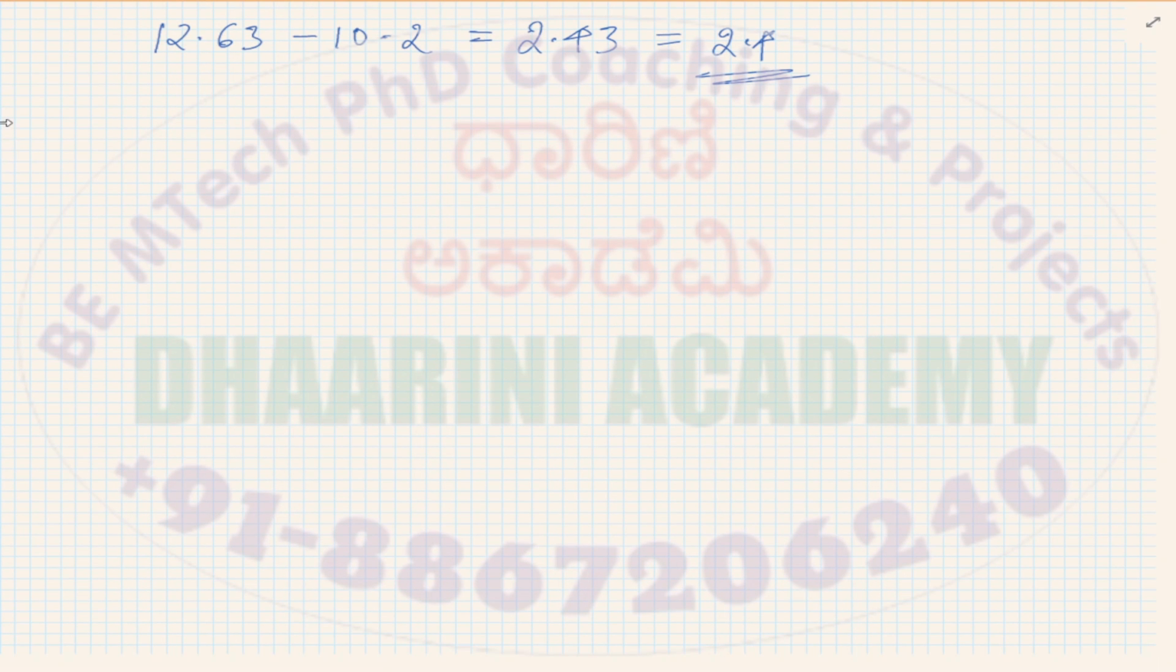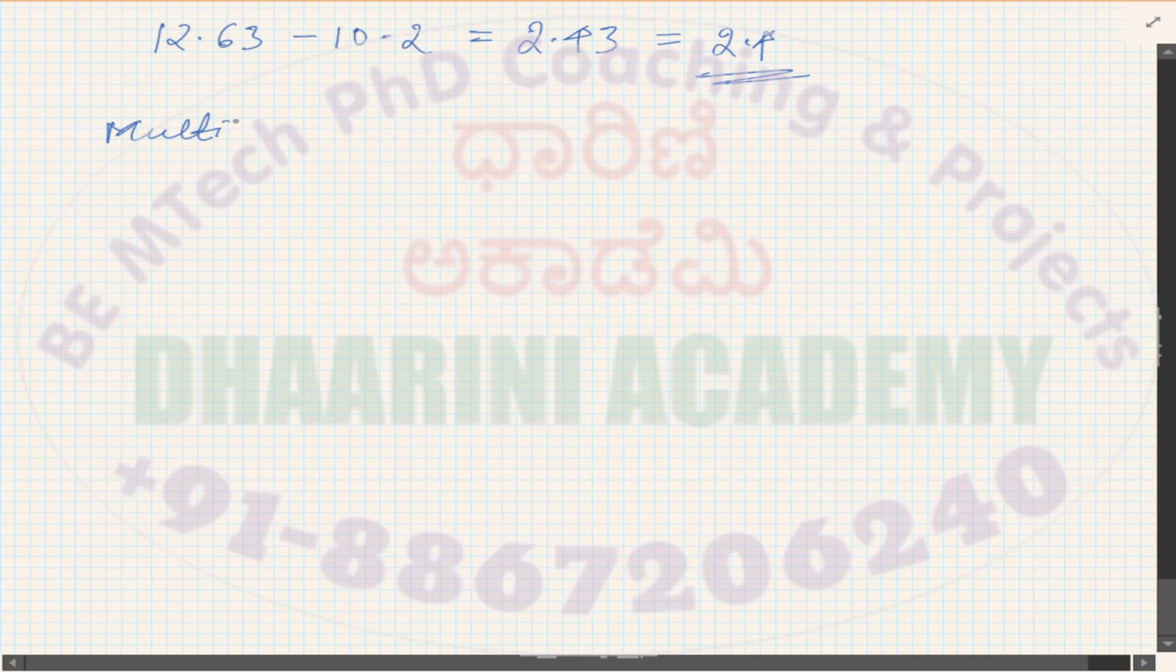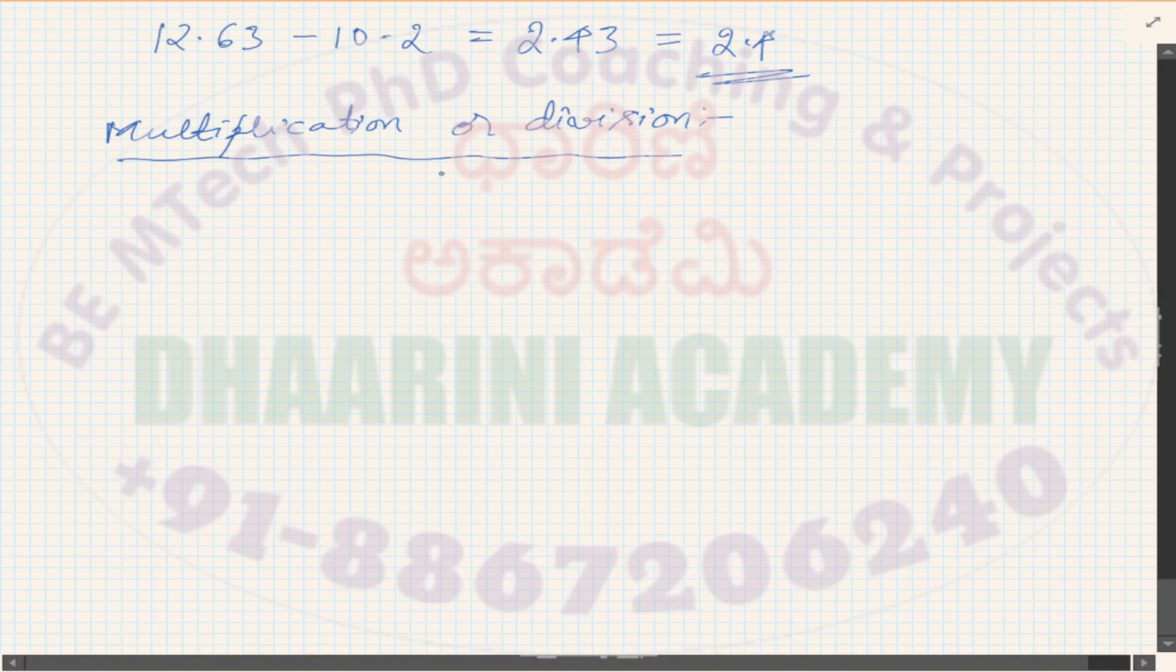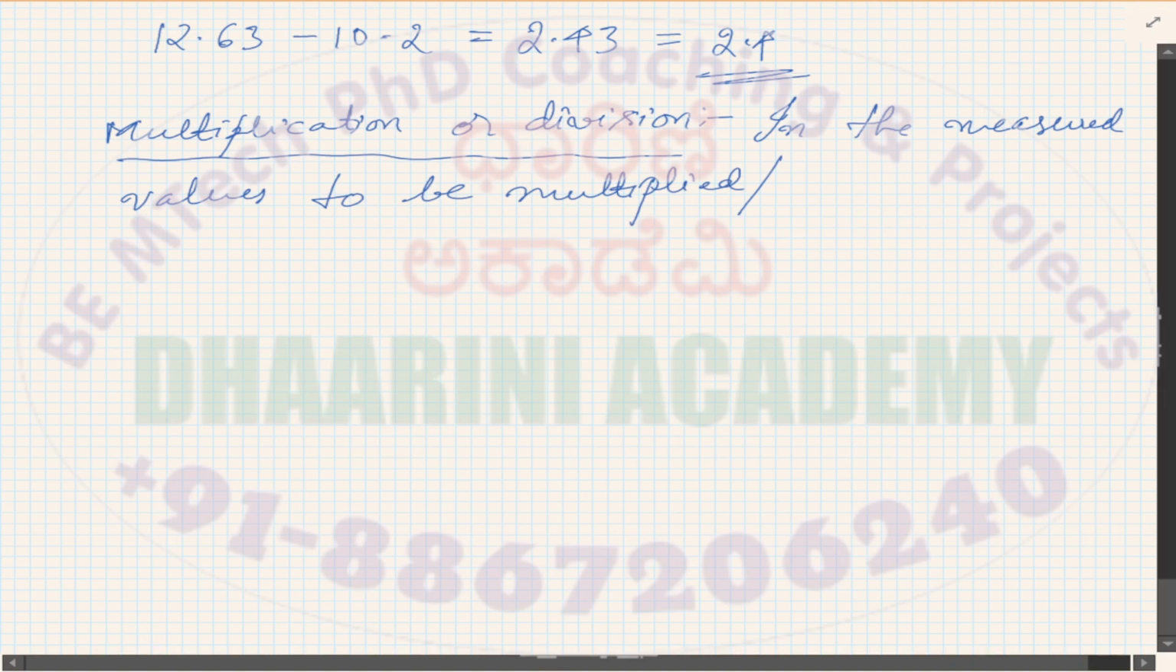After this addition and subtraction, now we'll go for the rules corresponding to multiplication or division. Now, in a given number, let us say that the least significant value I need to consider. Let me write the same rule. In the measured values to be multiplied or divided,